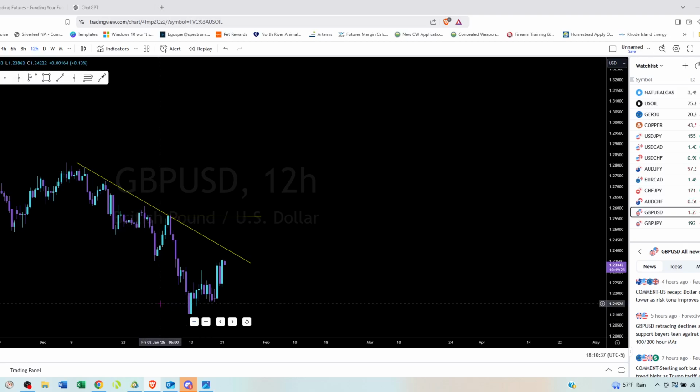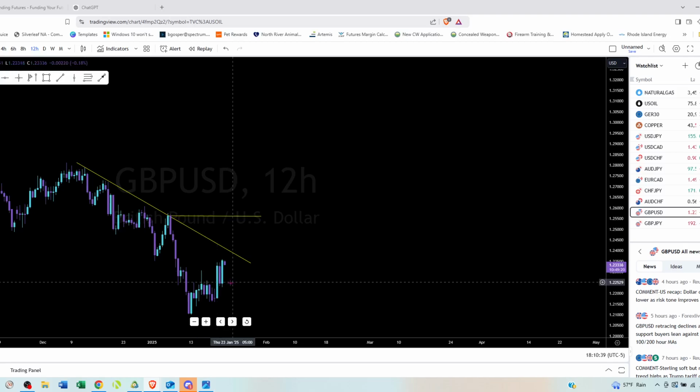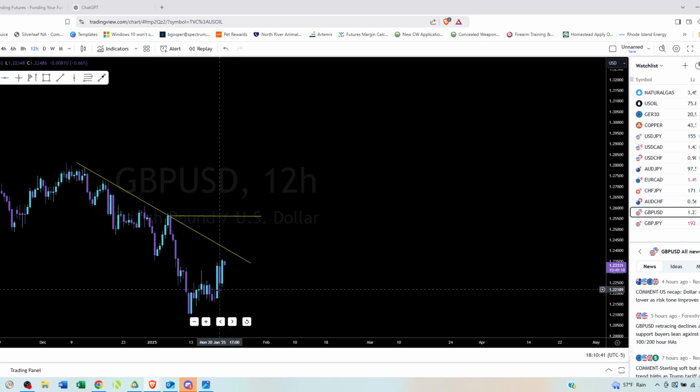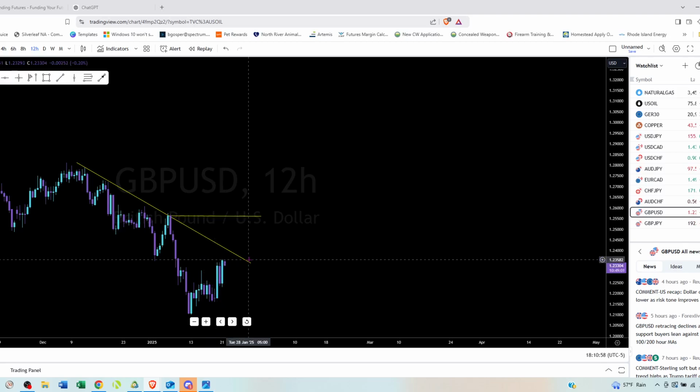This was the last swing high before this low was put in on this time frame. This is the 12-hour time frame, and we did potentially put in a higher low here. We were kind of trying to go lower, and then we had this big bullish candle right here, and then we've kind of chopped around, but we're still technically making new highs here, a higher low right here. So this does have some bullish feel to it, but